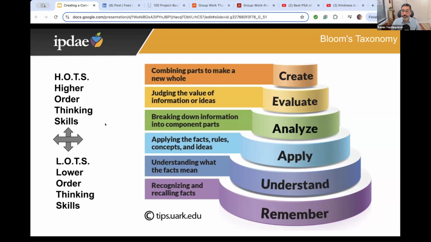and higher order thinking skills, or HOTS. Now, I don't want us to look at this and say HOTS are better than LOTS, okay? You can see this arrow here, right? It's pointing up and down and left and right. And that's because,